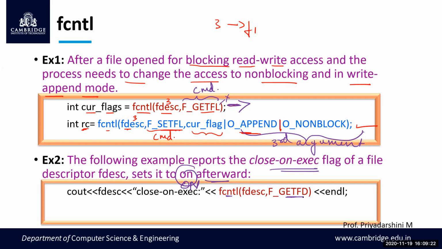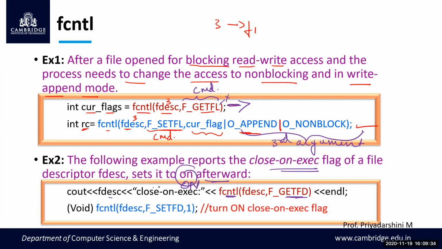I need to use F_GETFD. F_GETFD only works on close-on-exec, right? I'm just taking the information about what the value is. Once I know the value of that close-on-exec, because I'm printing whether FD_CLOEXEC is on or off, once I get to know that, I am setting it. This is my command value